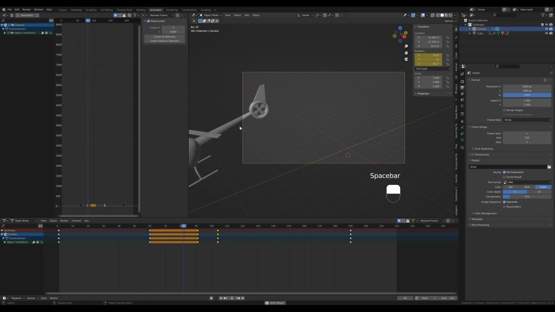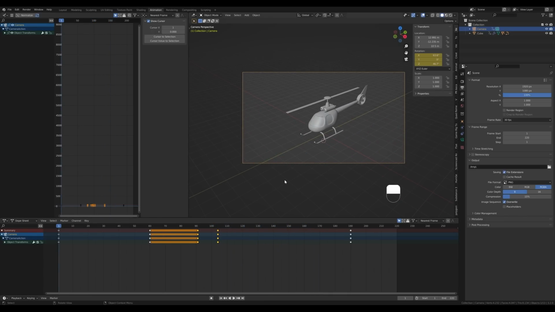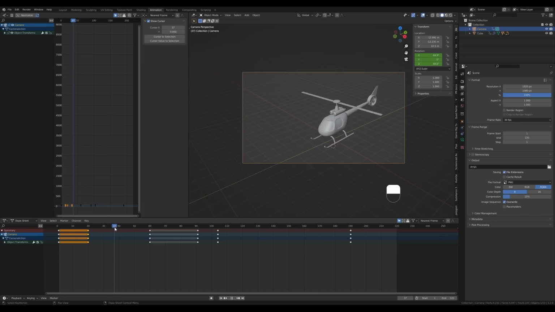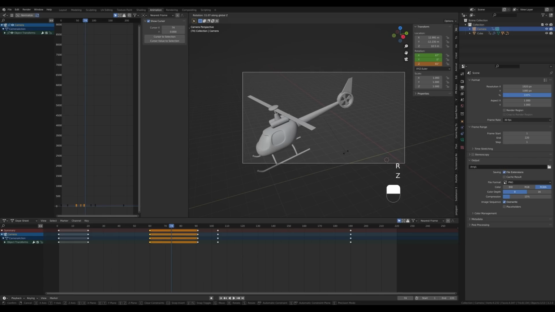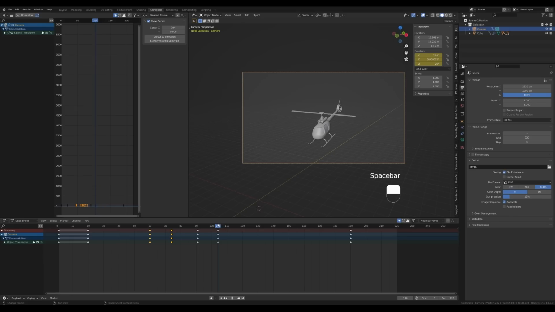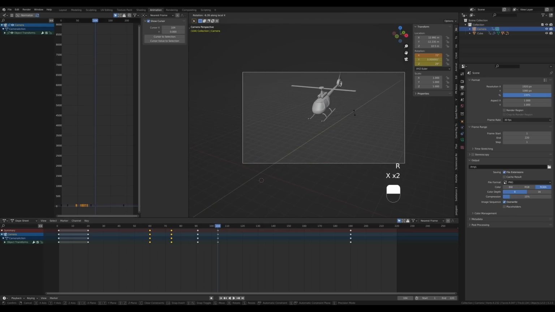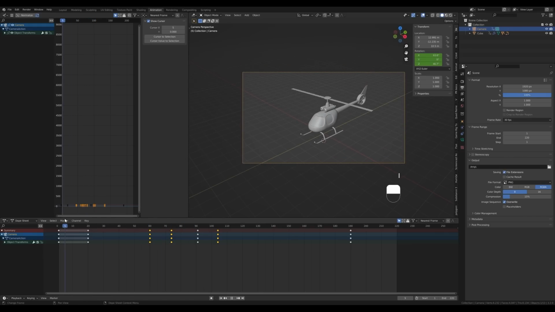So we have some camera following movement, and you know, there is always a lot of things you can do with the animation, a lot of polishing. So for example, here I would probably hold up the beginning of that movement. Maybe here we could follow a little bit longer, and maybe this is too high up, so let's press R, then X, and move it down a little bit. Let's press I, insert new rotation.